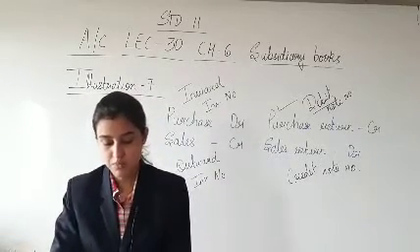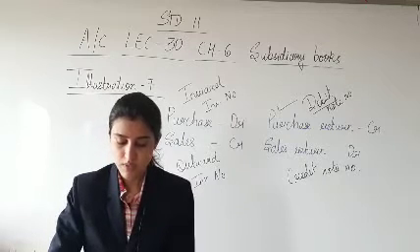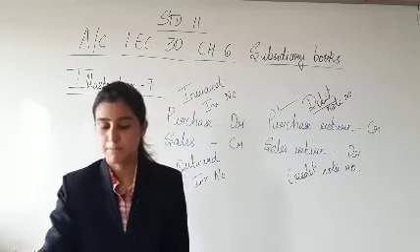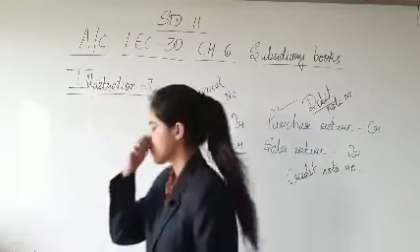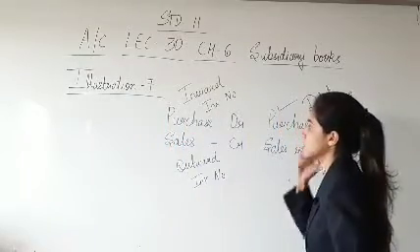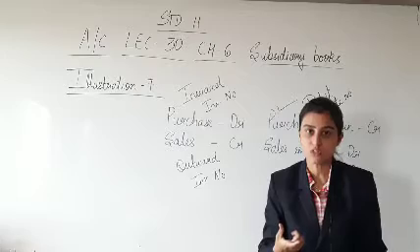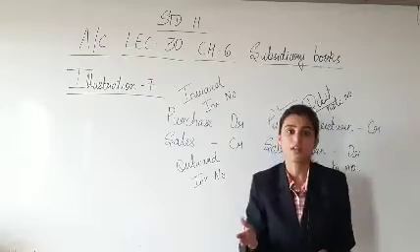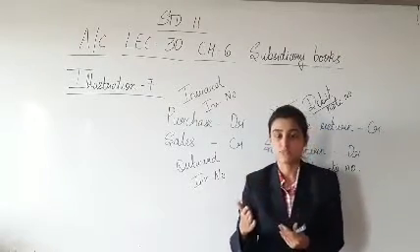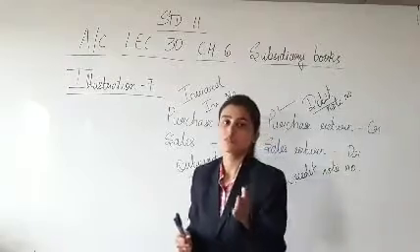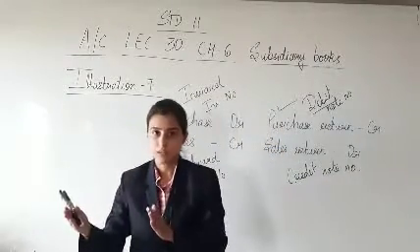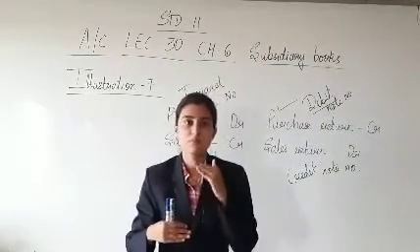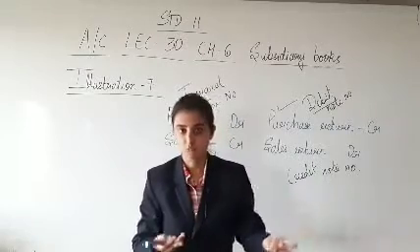And the next transaction on 20th of January: Haley returned half of the goods sold to her and the same were returned to Nirmi. Now understand the logic here. Of course, transactions of this kind we have done in chapter 4 journal in illustrations, and if I am not wrong, it was illustration 11 and 12. The related sort of transactions, if you remember, that goods have been purchased from one party, they are sold to another party, and if the other party returns them to us, the same goods will be returned by us to the party from whom we have purchased.